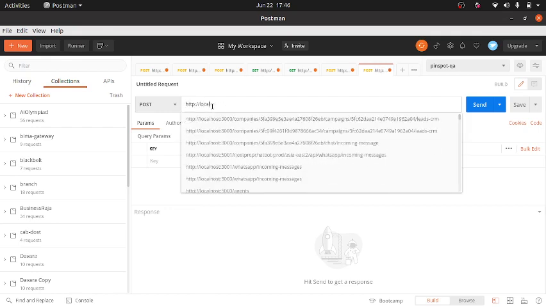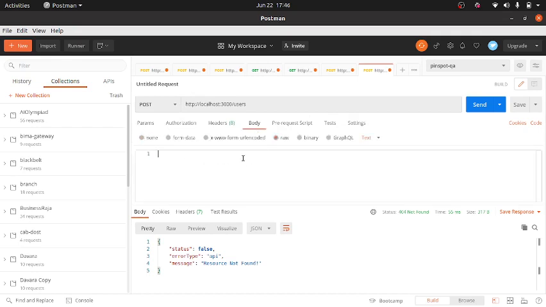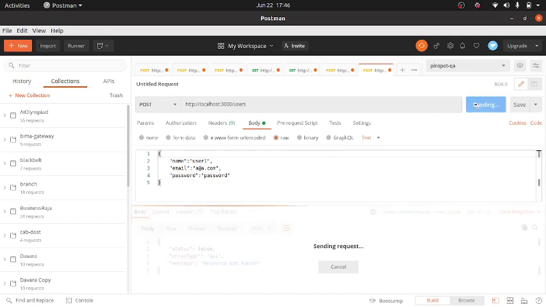HTTP localhost:3000 /users, and I basically gave in the body raw: name will be user1, email will be a@a.com, password will be password. Okay, let me post it and see if it is successful.